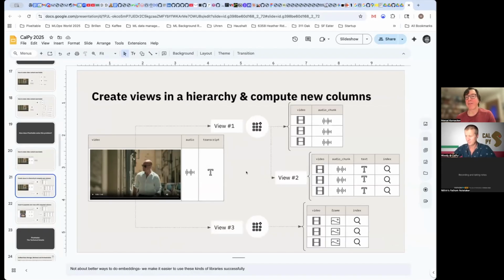We will then add a view on top of that table. And a view, if you're familiar with relational databases, they all expose views. A view is a derived table. And so now we are deriving a table that contains chunks of the audio of each of these rows. And in Pixeltable, there is also a concept of iterators, and in particular, user-defined iterators. So the idea that you might want to break up something larger into smaller pieces, such as taking an audio file and breaking it up into fixed size chunks.